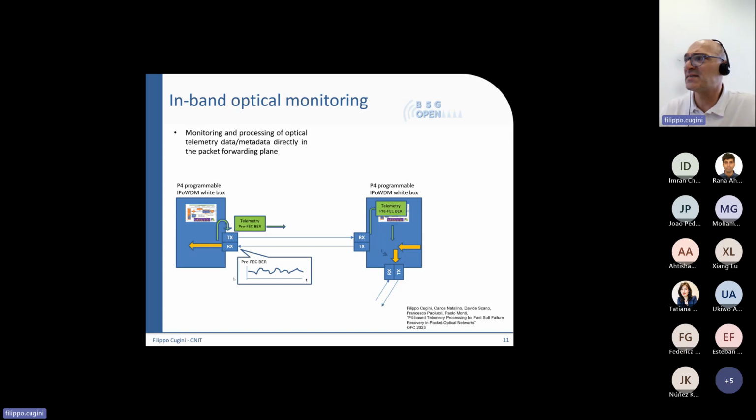So in this case, the pre-FEC bit error rate is the actual measurement made at the receiver side. It gets all the signal generated from the node on the right, and the receiver needs to reconstruct the electrical signals. It gets all the sequence of bits, and it is able to understand what the actual experienced bit error rate is.